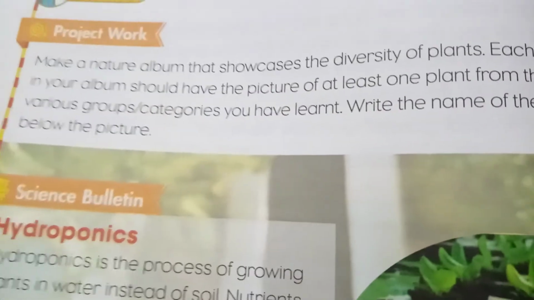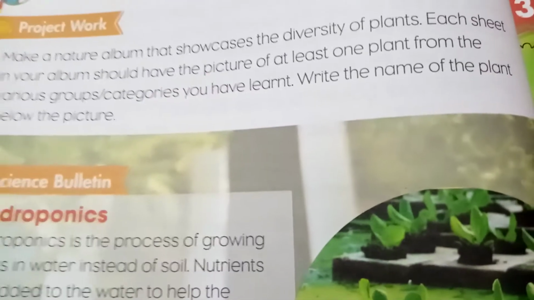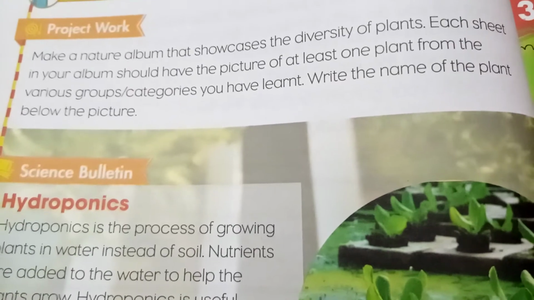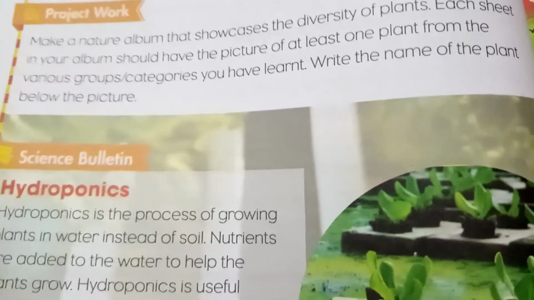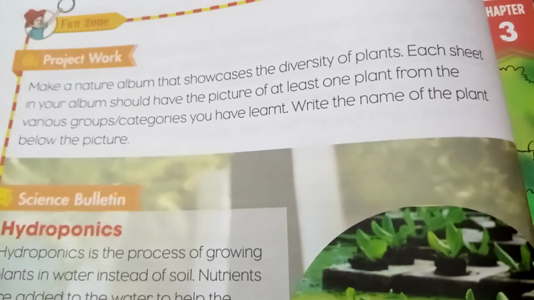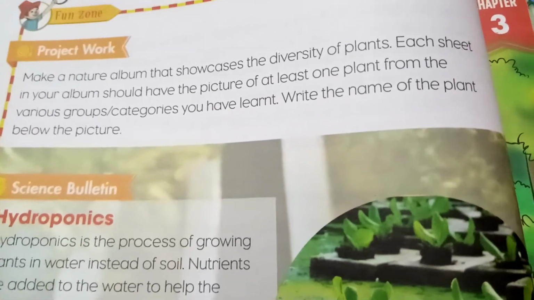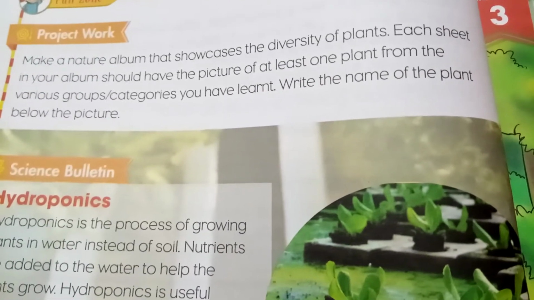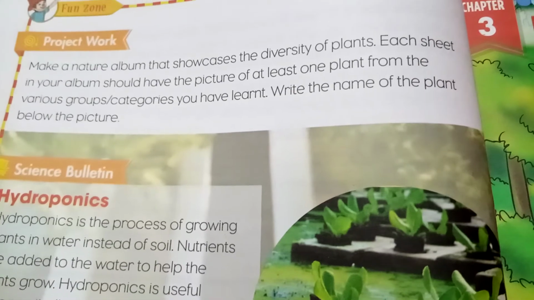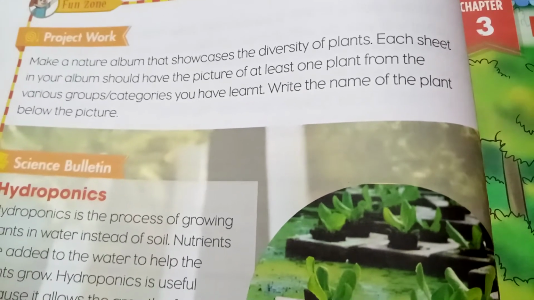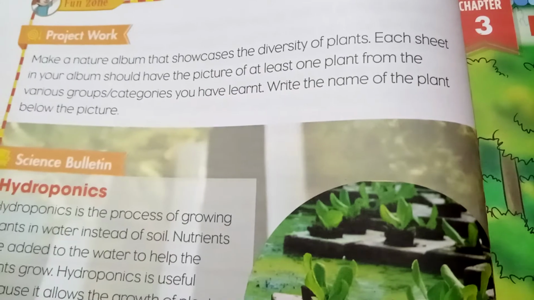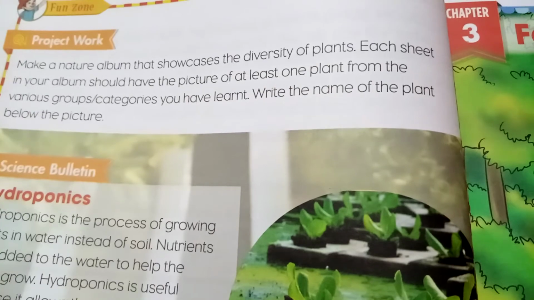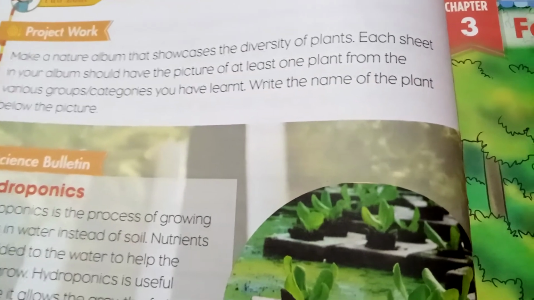told them to do a project in which they have to paste the picture of two land plants and two water plants, so that it will make a project. And I have shared it in the WhatsApp group also, that they have to take a computer paper and paste two land plants and two water plants, and then they can write on it very nicely with the help of markers also. After completing it on the computer paper, they can paste it in their copies.